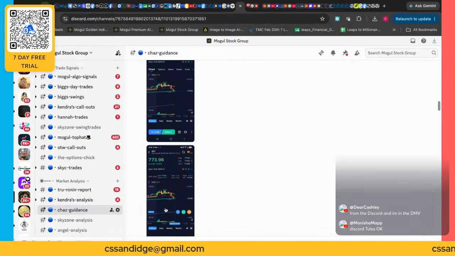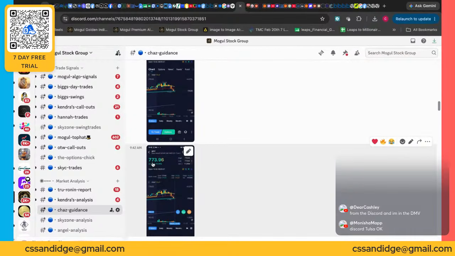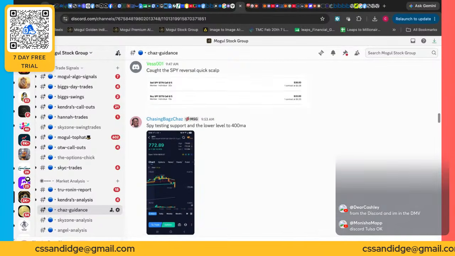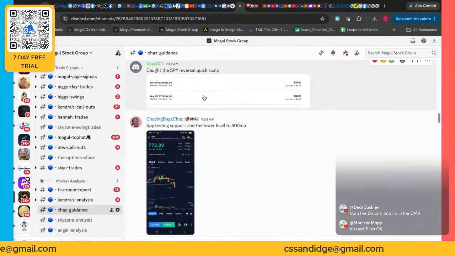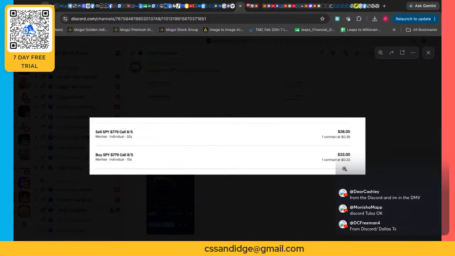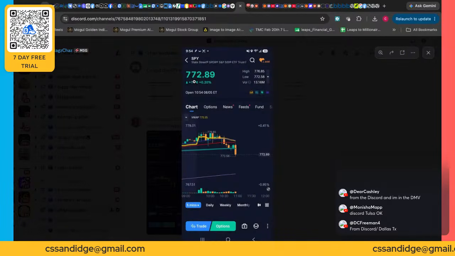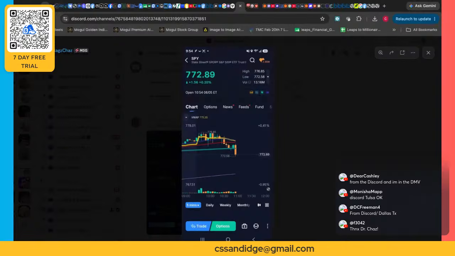Now, those that hadn't been working with me, you can see the price action of SPY. They were like, hey, what are we looking at? And I'm showing you the direction. Once we close below that 200 MA, we were going to head down to that 400 MA level. So this is one of my scalpers inside of the group. And you can see we're continuing to break down time over time. So I'm giving them the heads up: hey, we're getting that break.